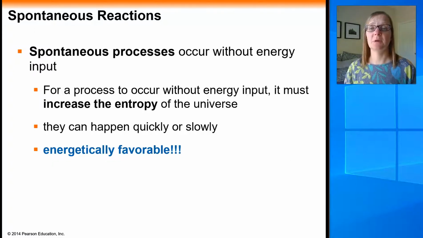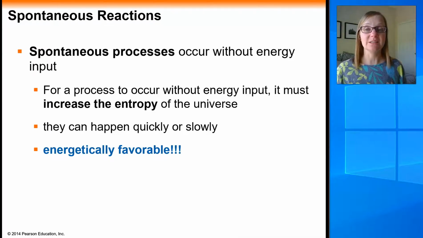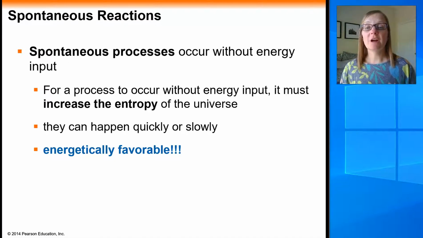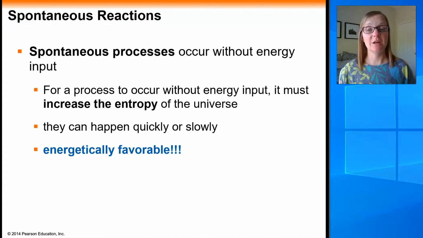The first thing we're going to talk about here is a spontaneous reaction or a spontaneous process. A spontaneous process is one which occurs without any energy input. In fact, it's going to do the opposite and it's going to release energy. So for a process to occur without any energy input, it has to increase the entropy of the universe. So it has to release some of that extra energy, probably in the form of heat, to increase the disorder